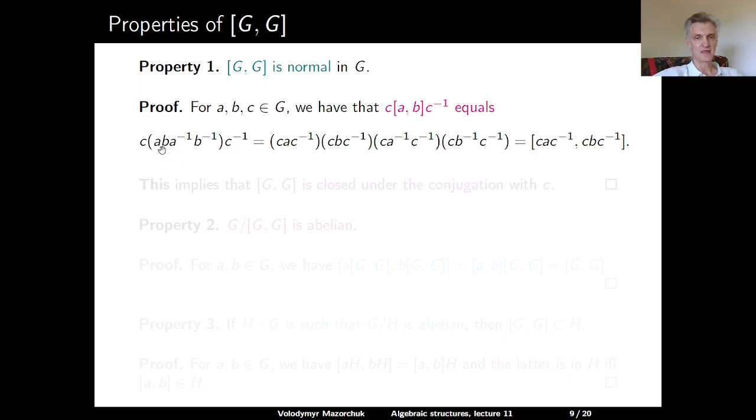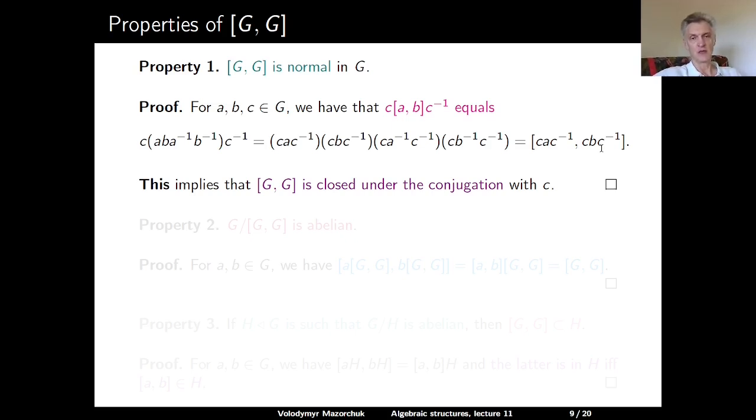And now we insert C inverse C between all the elements in the brackets to get CA C inverse, CB C inverse, CA inverse C inverse, CB inverse C inverse. And this is equal to the commutator of CA C inverse and CB C inverse. And this implies that the conjugation of a commutator is a commutator, so which means that the commutator subgroup, what